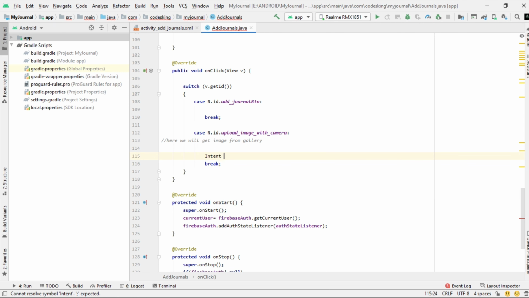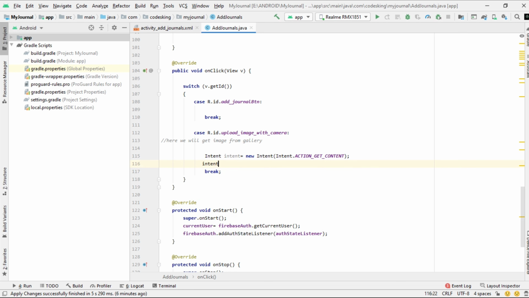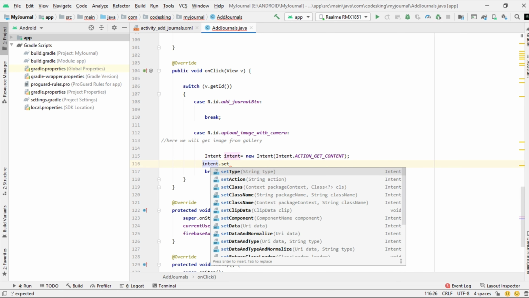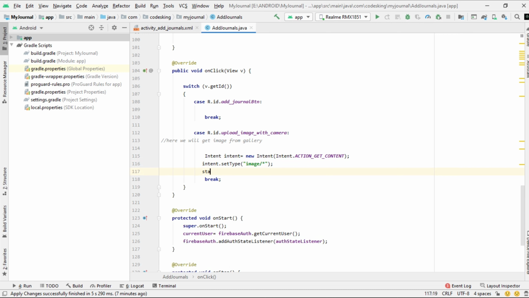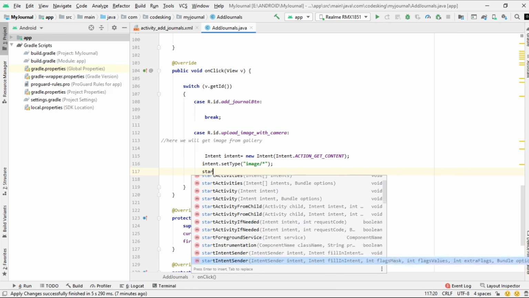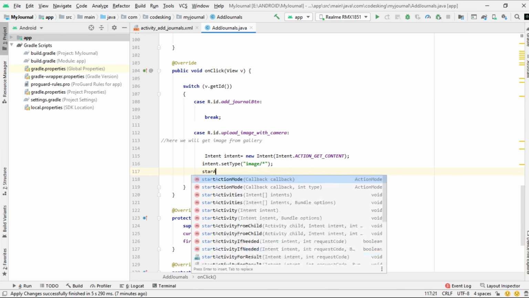So take one intent is equal to new Intent, and here we need to define the action, that is intent dot ACTION_GET_CONTENT. We will get something from the gallery. Now we need to define the type, that what type of content we want. So define type, that is image slash star. That means we will get all types of images. Now start activity for result